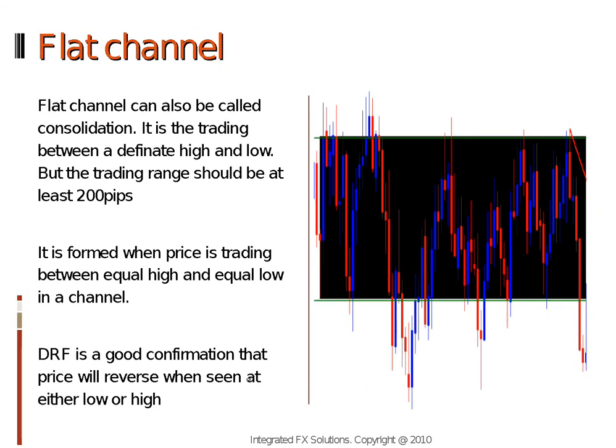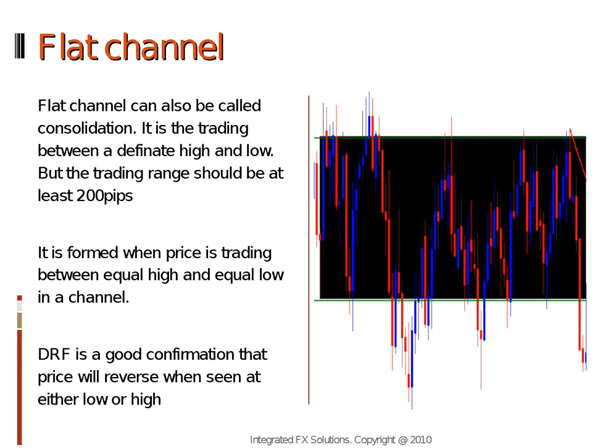The other type of channel is a flat or sideways channel. As this graph shows here, price is going up and down and tracking sideways, so it hasn't really gone up to make higher highs and it hasn't gone down to make lower lows. It's just drifted sideways. Now with all channels we're looking to have a reasonable range, and by range that means